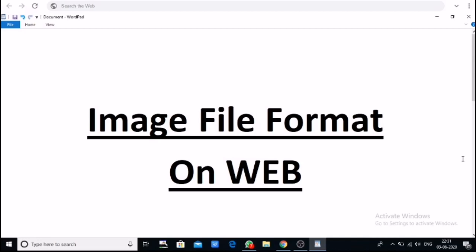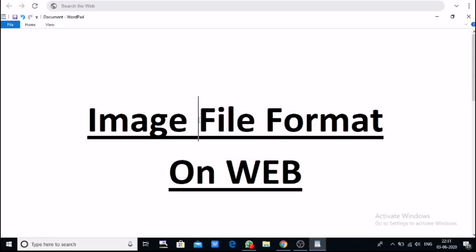When we use the align attribute with the image, how is it aligned, and what is that alignment known as? This we will see after finishing this topic, that is image file format. So let's cover image file format first.